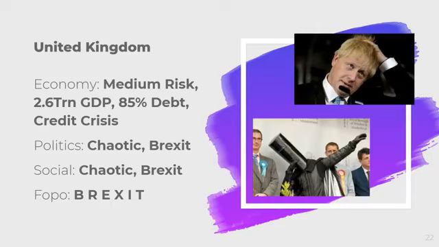Politics are chaotic. We all know the story of how Brexit was voted in a referendum back in 2016. The United Kingdom voted by a slim margin, around 49 to 50%, that they were going to leave the European Union. The problem was that no one had a plan for how they were going to leave the Union. And while they had a deadline, which was March 2019, they kept twiddling their thumbs, and it just went on forever. Theresa May gave a series of nearly 5 different deals.